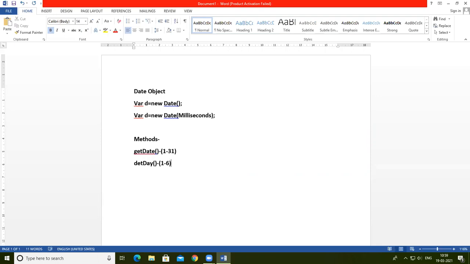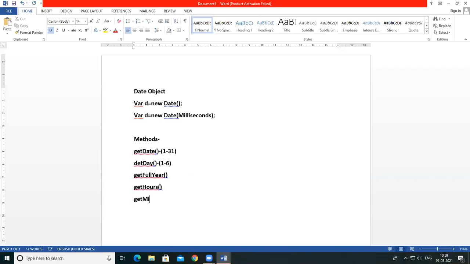Then getFullYear. All of you know what a full year is; it returns the year in 4 digits. Then getHours, which returns values from 0 to 23.